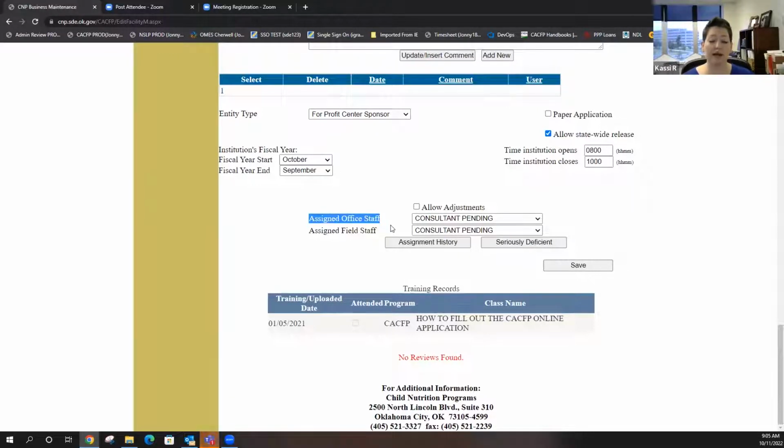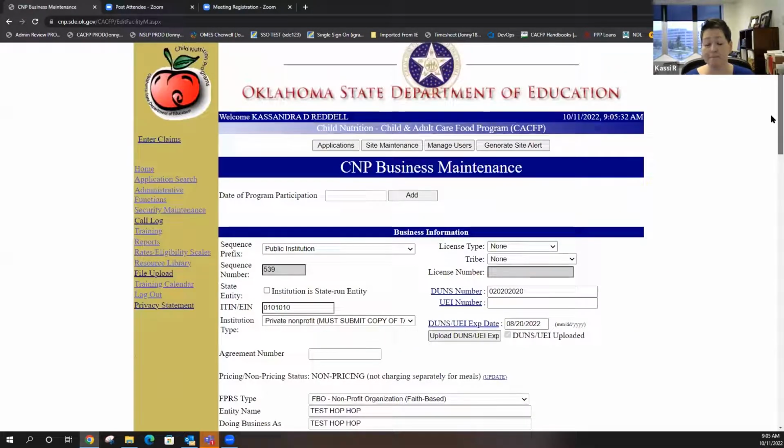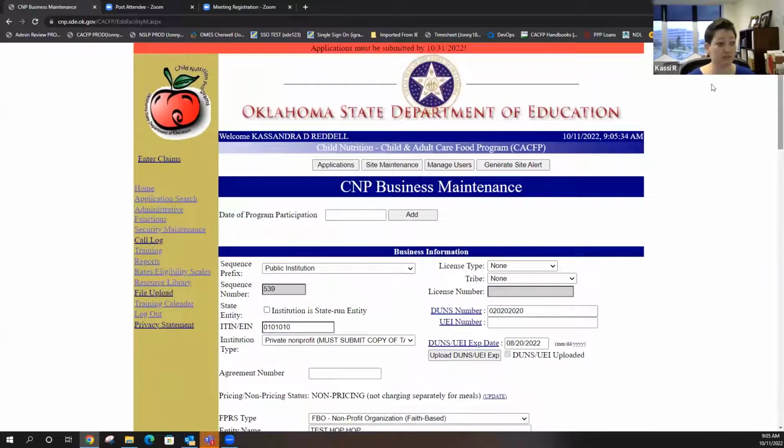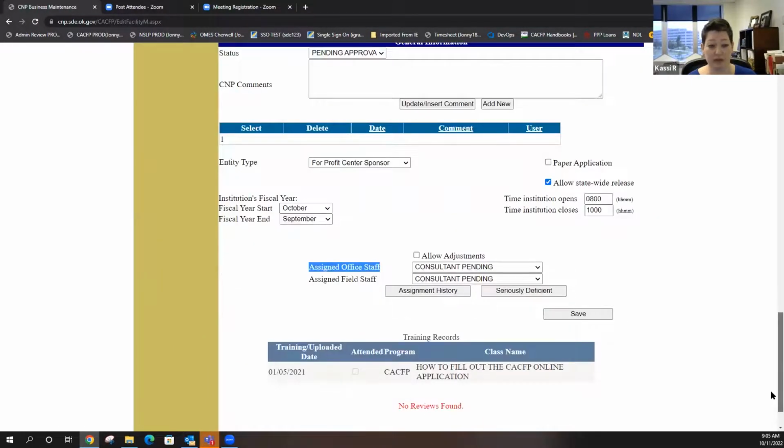If you're an independent childcare center, that's going to be Lisa King. If you are a multi-sided sponsor that's not at risk, that will be Lori Burrows, and Jennifer Pryor is over all of our at risk. If you ever forget, you can go down here at the very bottom and find out who that is.